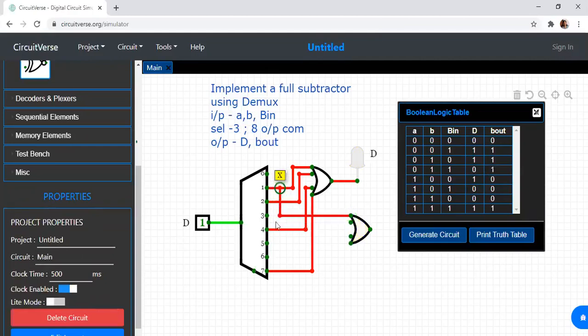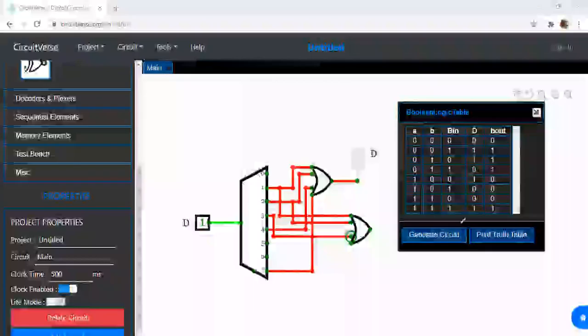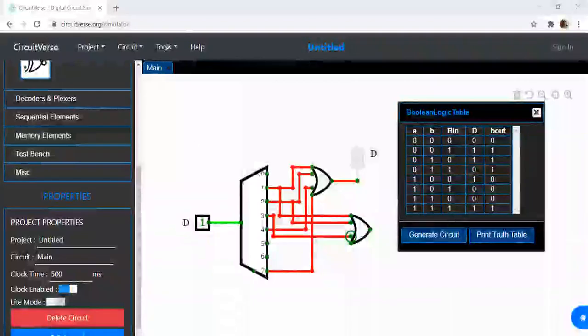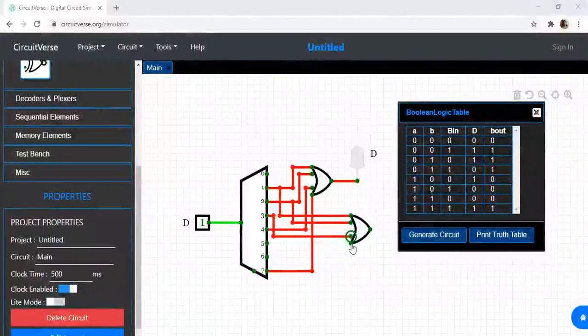Second one is M2, and the next one is M3. And the last one is M7.